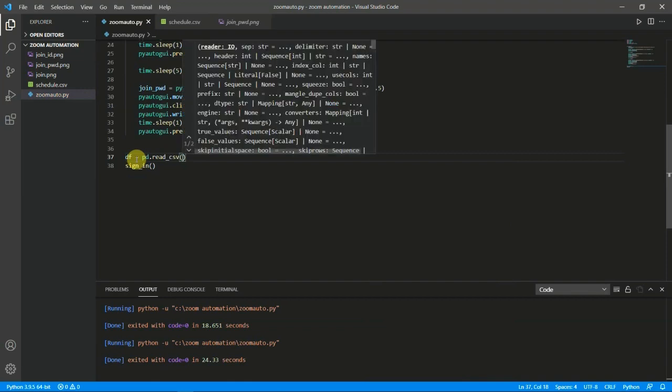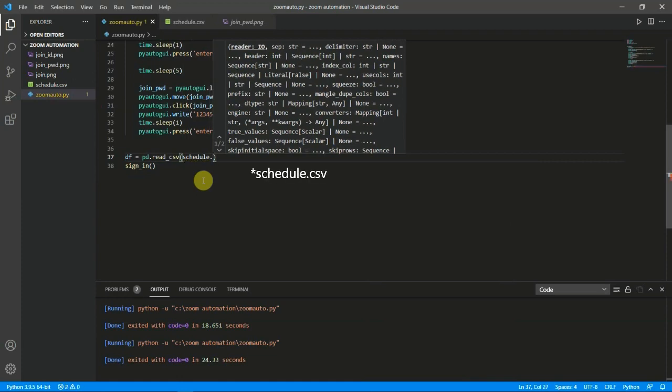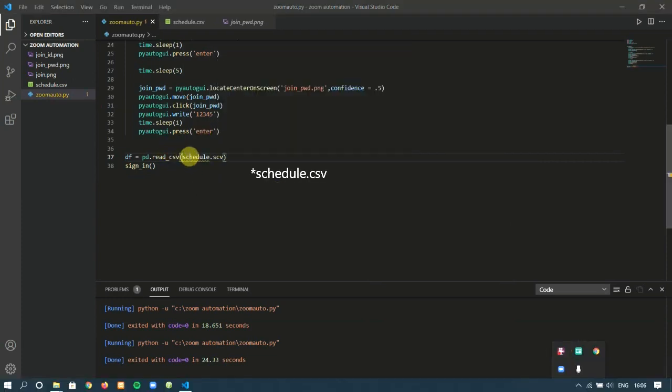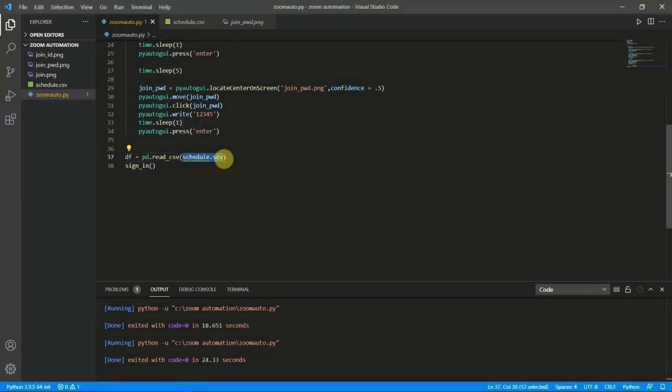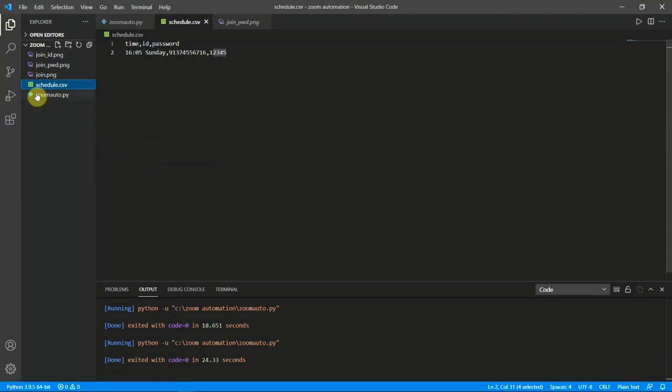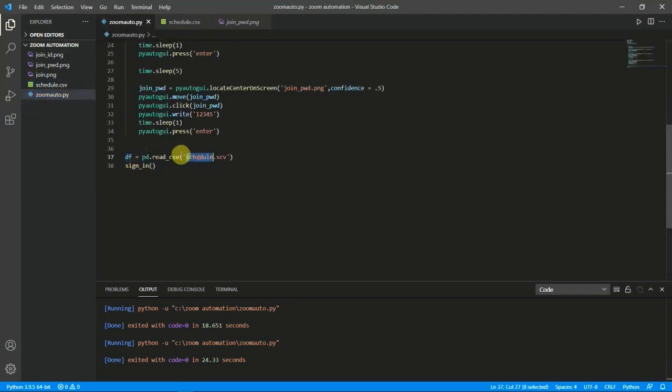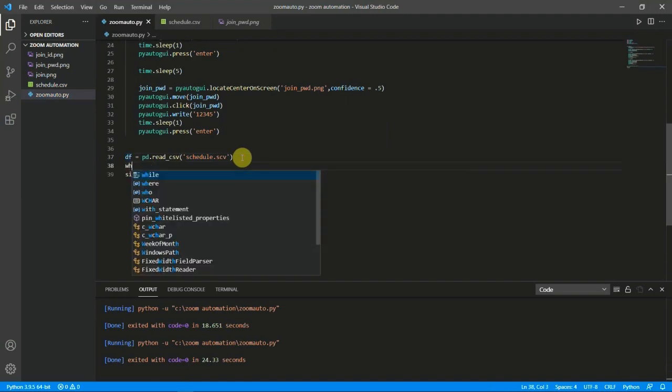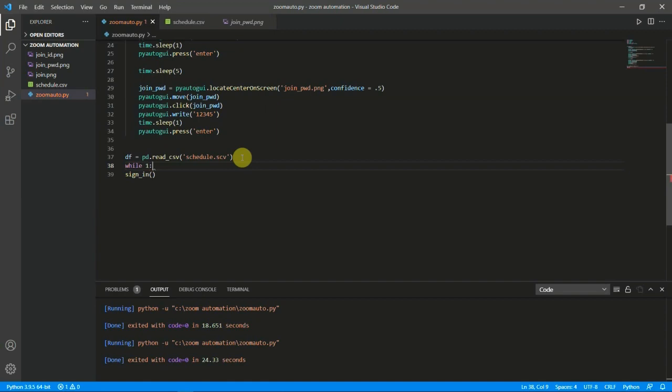and we will give the file name, that is schedule dot csv. We will have to give the folder path and extension, and put it in single quotes. So in df we have the whole data of this file, and after that we will give a while loop, while 1.